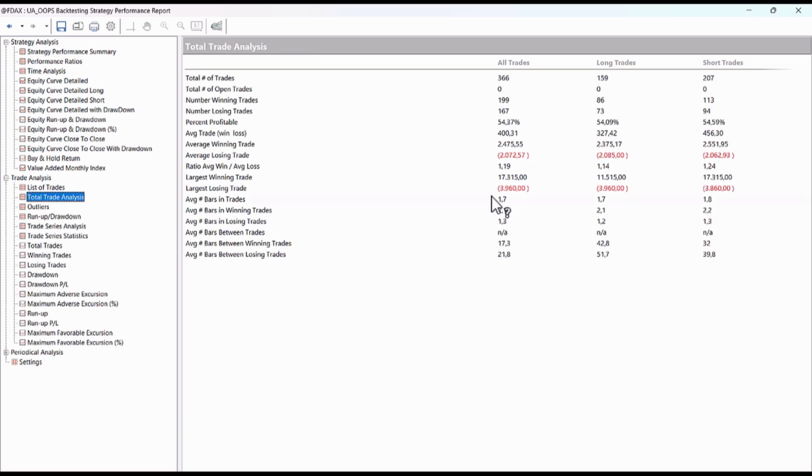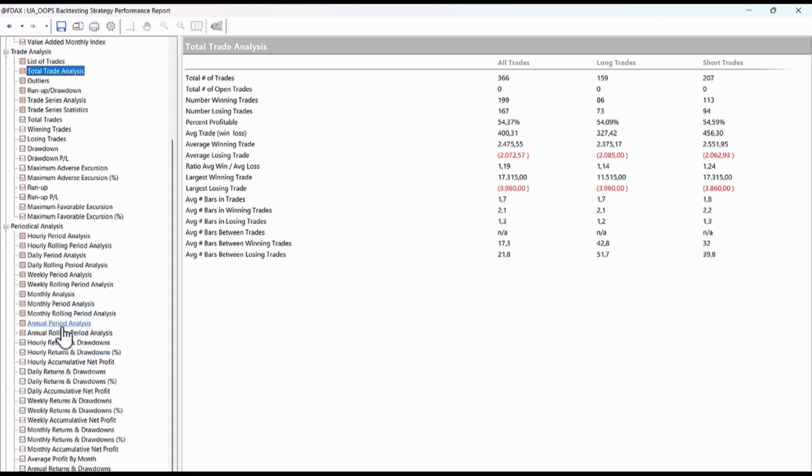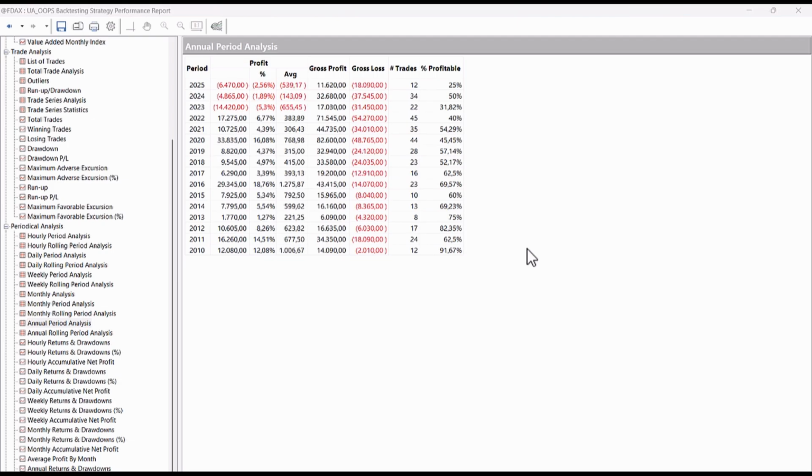If we analyze the distribution of profits over time, it confirms once again that the last 3 years, 2023, 2024, and the current year, have brought significant losses, further showing that the pattern has progressively lost strength. And with that, we've reached the end of this interesting test, and it's time to draw some conclusions.